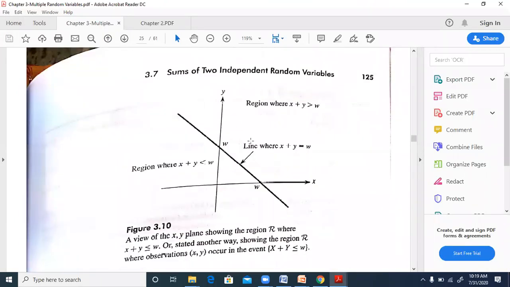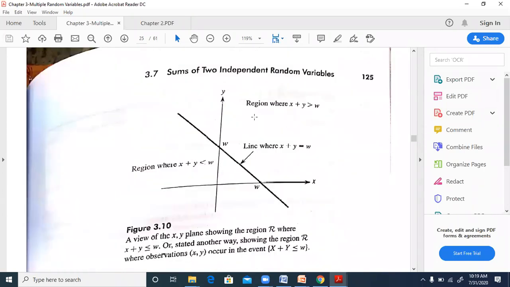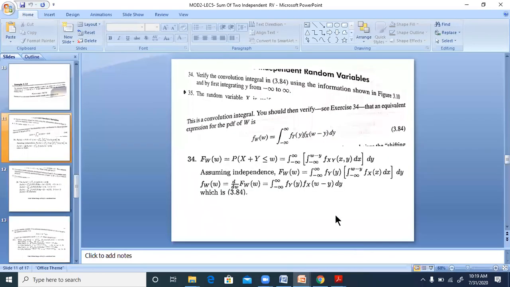Yes, this is the 3.10 figure over here, right? Corresponding to this, we have the equation, which is this. This is x plus y greater than w. So correspondingly, we will have the quantity also here in the same way. F of w is equal to P of x plus y less than or equal to w. So that is the integral from minus infinity to w minus y of f of x comma y, dx dy,